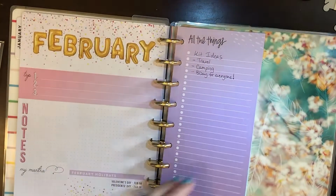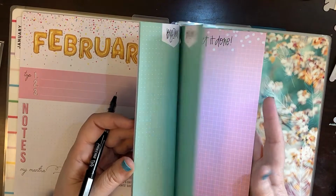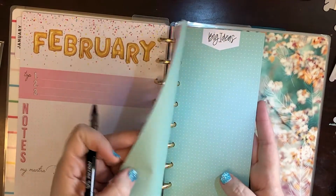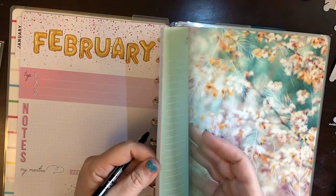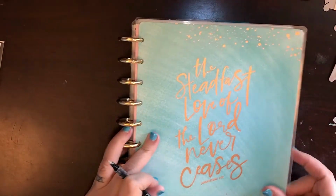I did get some of these half sheets to go in my Happy Planner, and so I stuck a bunch of them here, and then I can just pull them out whenever I need them to go in a different section. So my next section is my Faith Planner,